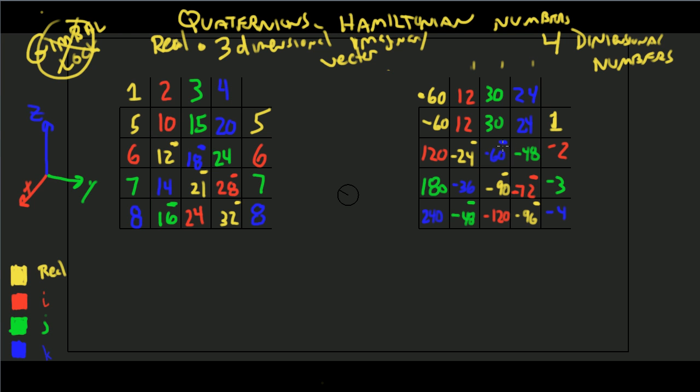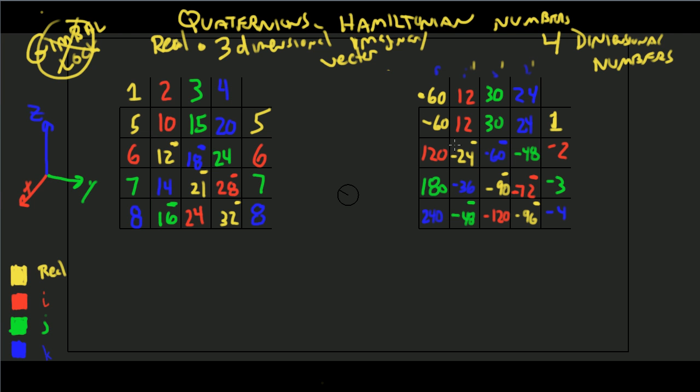Now, let's check our values up here. So, in other words, let's check the places where we think that the multiplication ends up with a negative number. In this case, remember, real, I, J, and K. So the J direction, fingers pointing up the Y, the J direction times the I direction is going to get you a negative K direction. That one's good. This one is the I times the K. You I times the K, you get a negative J. That's correct. And the third one is here, which is the K times the J, and you get a negative I. So those indeed are correct, and we end up with, again,